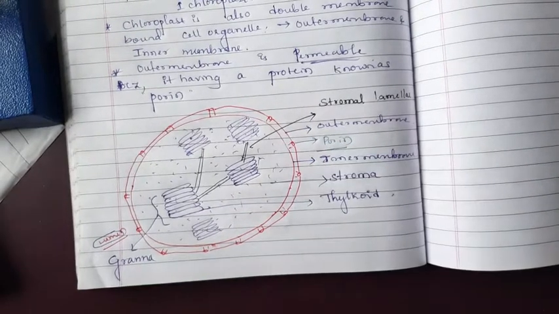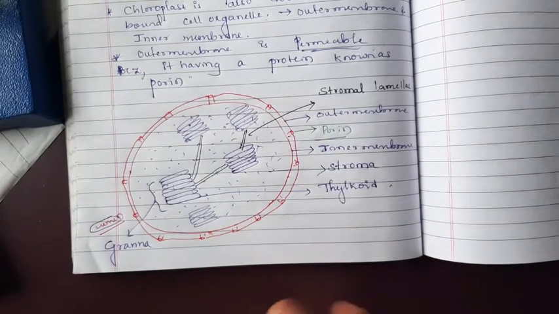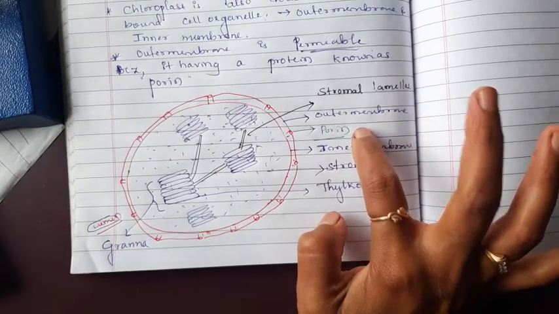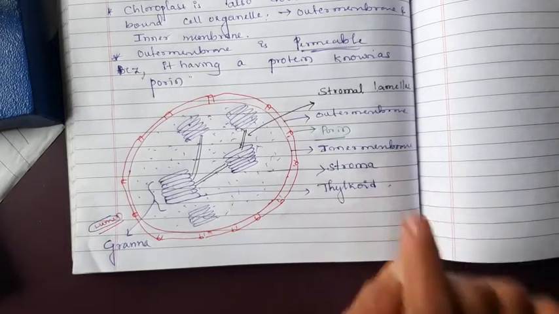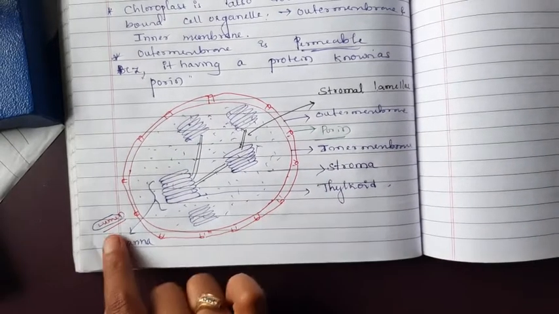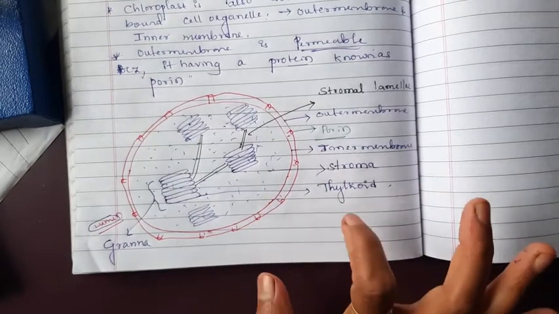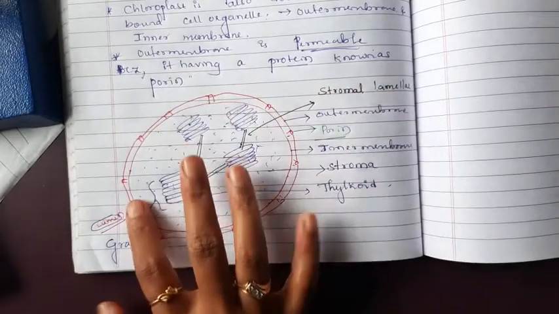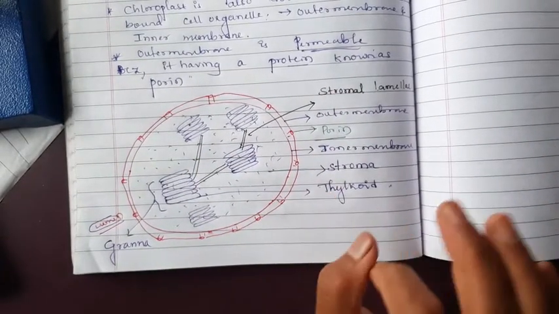Okay. This is the structure of the chloroplast. Just observe the structure. The chloroplast has two membranes, an outer membrane and an inner membrane. The outer membrane has the protein porin. The liquid present inside the chloroplast is the stroma. Inside that stroma, many sac-like structures are arranged one above the other. Those are the thylakoids, arranged one above the other to form a grana. Every grana connects with another grana by the connection known as the stromal lamellae.